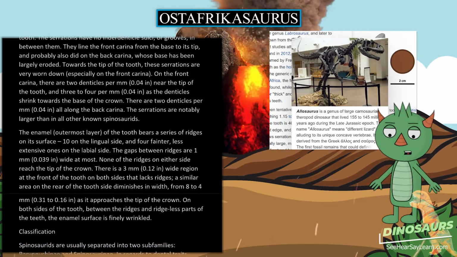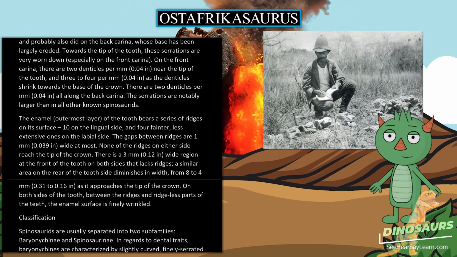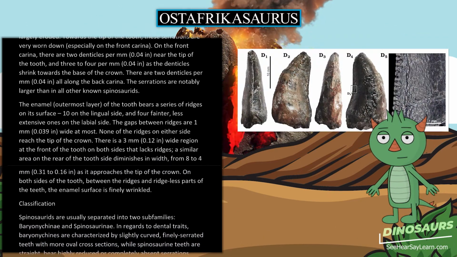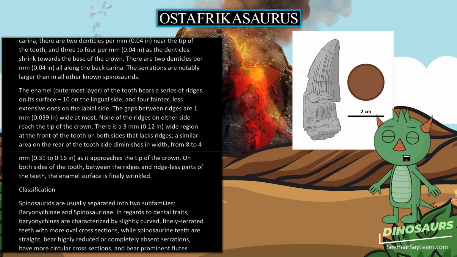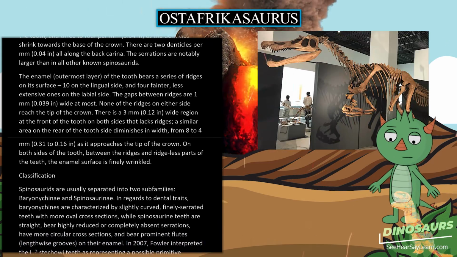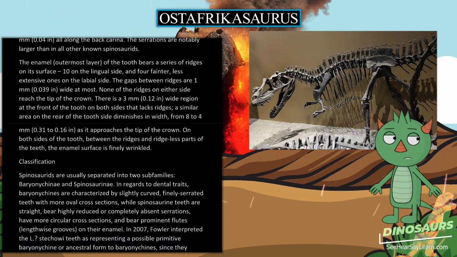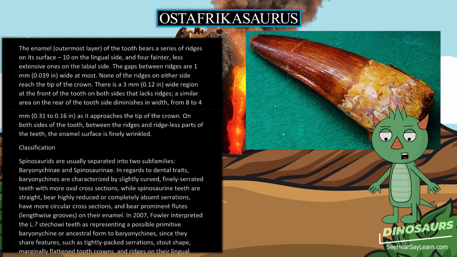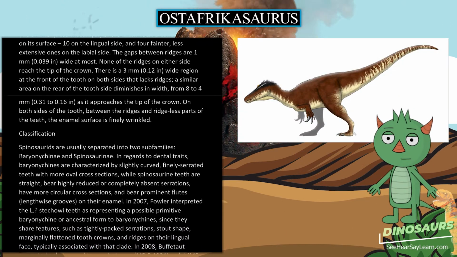The enamel, the outermost layer of the tooth, bears a series of ridges on its surface, 10 on the lingual side, and 4 fainter, less extensive ones on the labial side. The gaps between ridges are 1 mm (0.039 in) wide at most. None of the ridges on either side reach the tip of the crown. There is a 3 mm (0.12 in) wide region at the front of the tooth on both sides that lacks ridges. A similar area on the rear of the tooth side diminishes in width, from 8 to 4 mm (0.31 to 0.16 in), as it approaches the tip of the crown. On both sides of the tooth, between the ridges and ridgeless parts, the enamel surface is finely